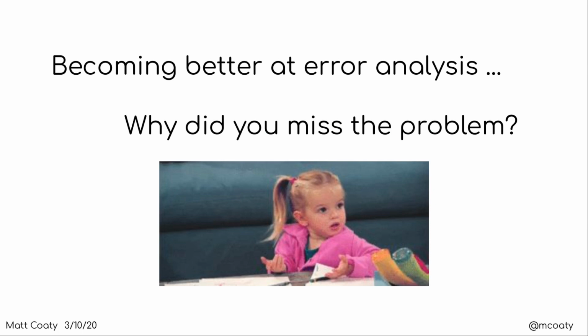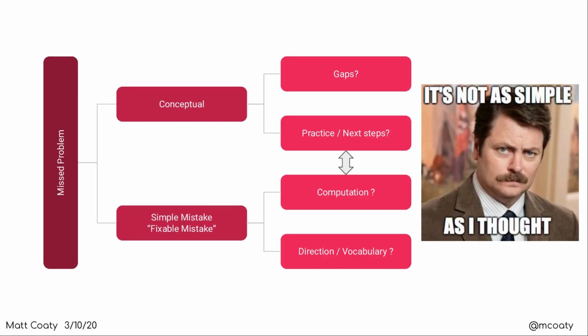Why did they miss the problem? Sometimes the kids are like, I'm really not sure, I don't know why. That's where I've done a few examples in front of the class of, this is a simple mistake, and this is something that leads me to believe there's something more. And it's okay to write that there's something more, that I might not completely understand the concept. I like that, fuzzy errors. That's great, Robin. So when students miss a problem, we have to start thinking, is it a conceptual or a simple mistake? Or we'll use Robin's fuzzy error.